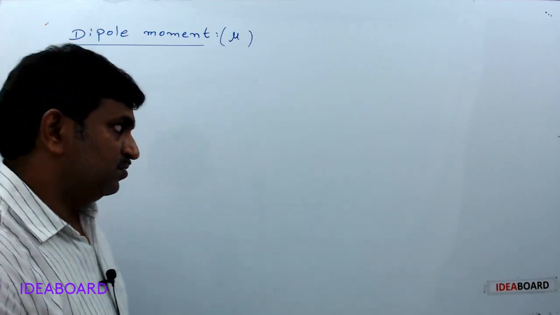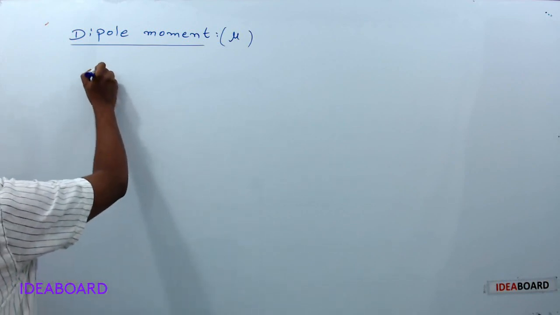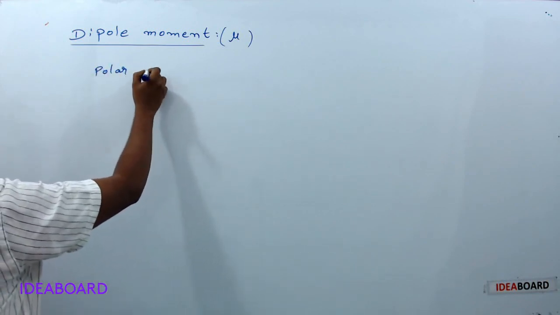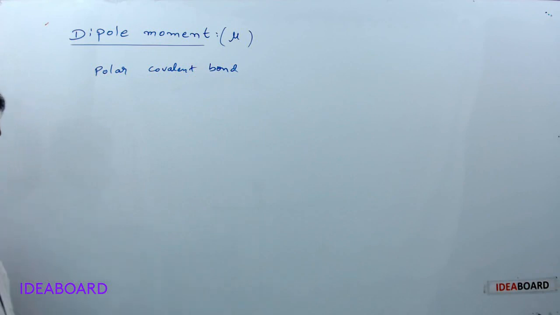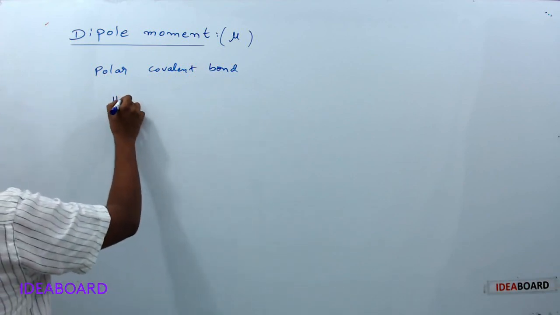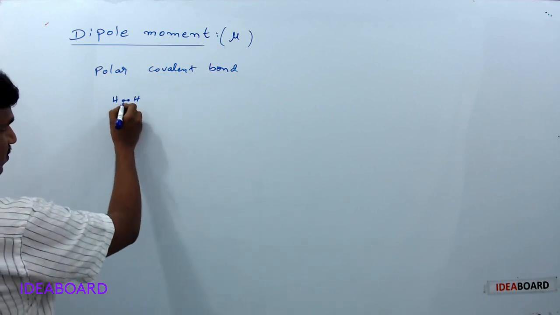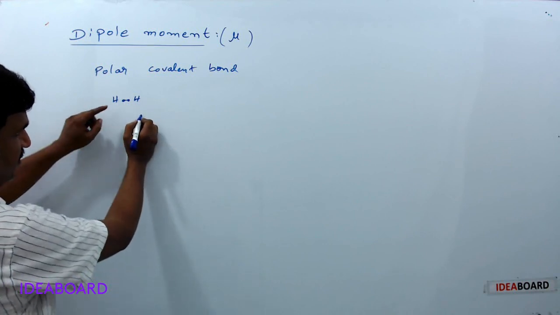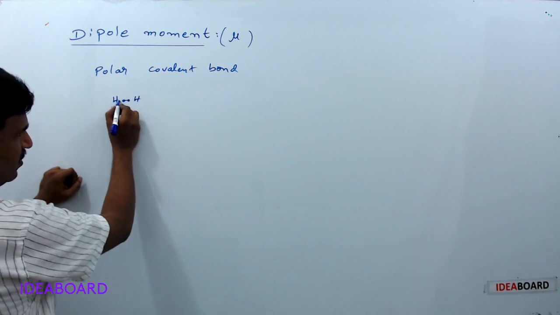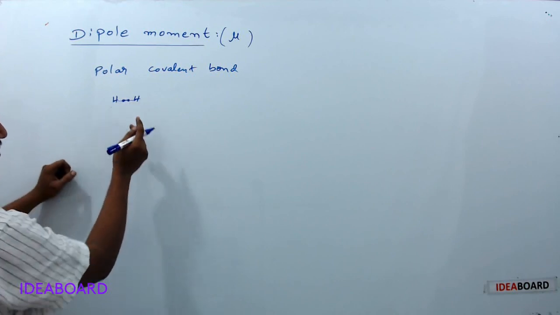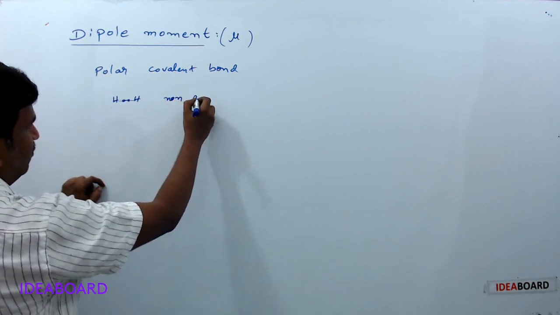Hi students, here the next topic is dipole moment. Suppose, what is a polar covalent bond? We said there are two types of covalent bond. If it is H and H, there is a covalent bond between two hydrogen atoms. Because there is no electronegativity difference between these two atoms, the bond pair of electrons is in the middle. It means the distance between these two atoms is equal for this bond pair of electrons, and this is called a non-polar